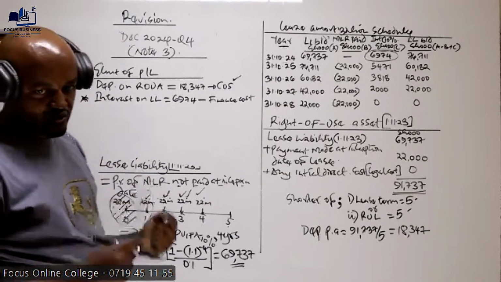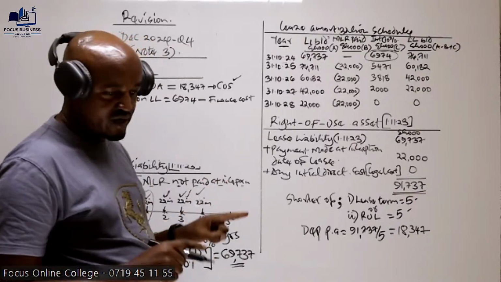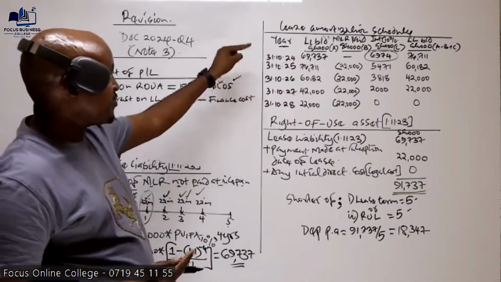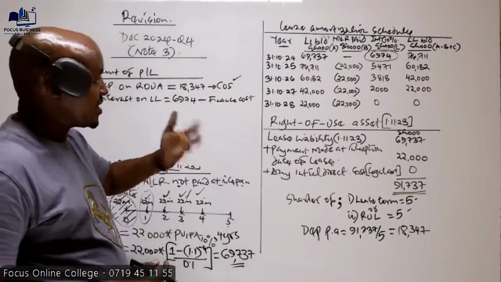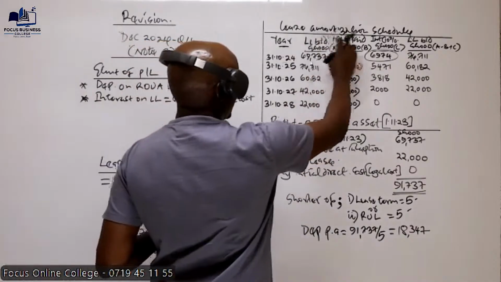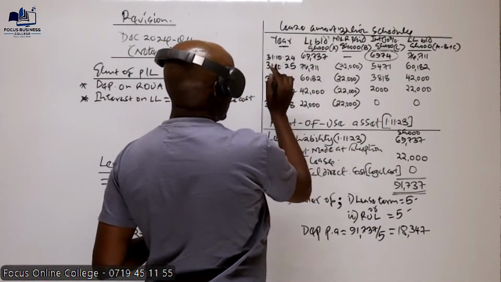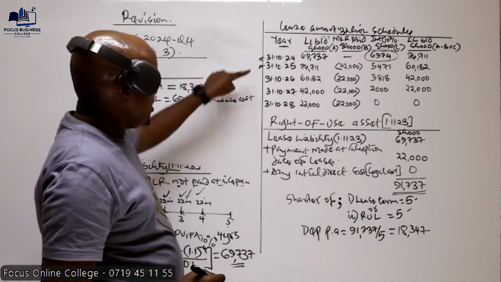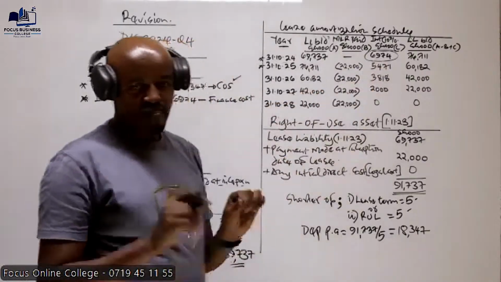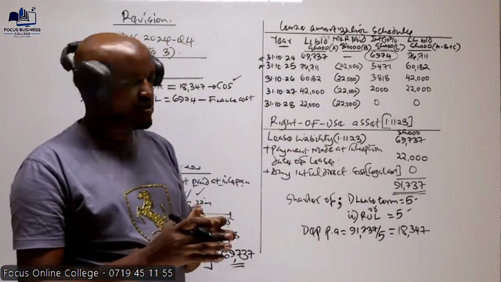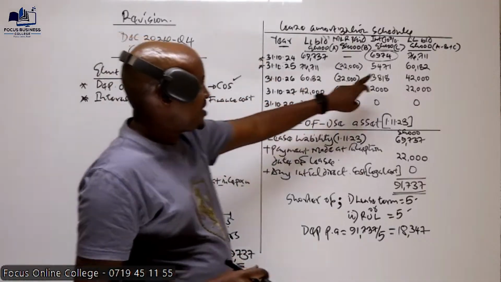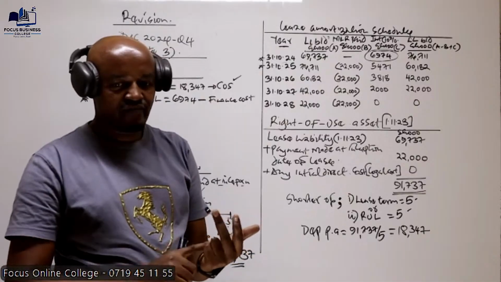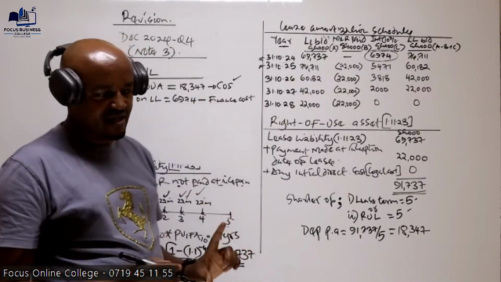Although you also need to note that when dealing with note number 3, it was not a must for you to prepare the lease amortization schedule for 5 years. In such a question, you just need to prepare the lease amortization schedule for 2 years, this year and next year. The reason being, in the first year you have to compute this one. And then, when preparing the statement of financial position, part of the lease liability at the end of the year should be recognized as non-current liabilities, and part of it as current liability. So I want us to do